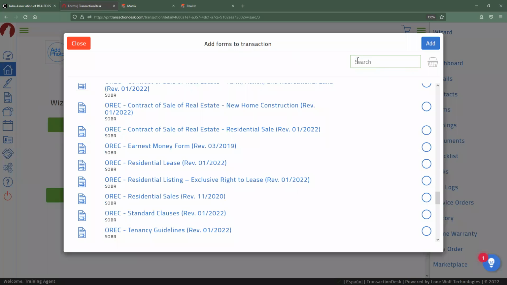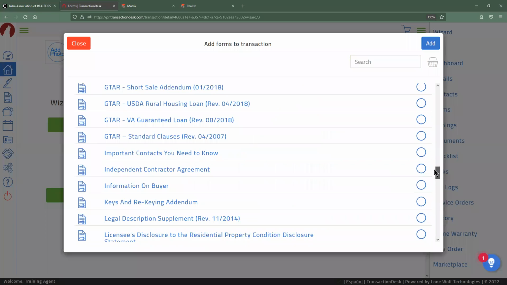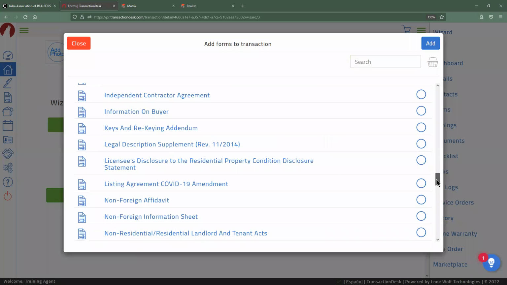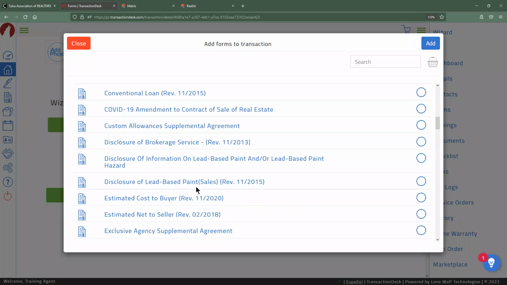Now, this search function is actually one of the most important things in my opinion. If you guys are jumping into one of these folders and trying to find things, it can be a little bit cumbersome. So for instance, if I wanted to get the lead-based paint disclosure, well, it doesn't look like I'm seeing that here. It's actually disclosure of lead-based paint. So I would actually need to move up and try and find it that way, but instead you guys can always use this search function at the top.